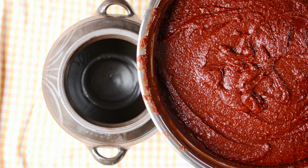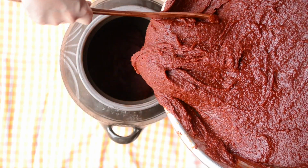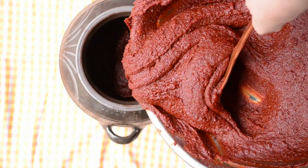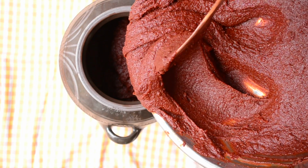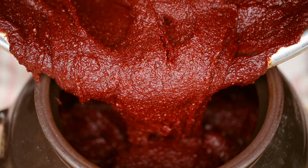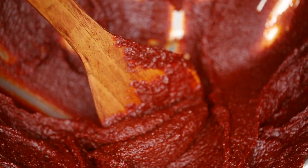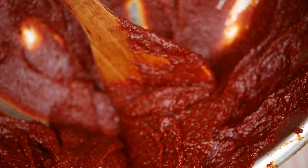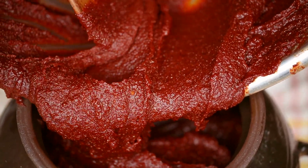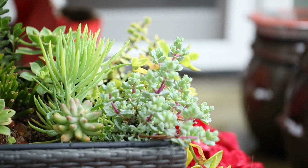And now finally pouring in this wonderful gochujang that we just made. We're going to pour it all in, all of it. And it's just a wonderful feeling to know that this will be ready in a few months. And you can share it with your family, your friends, and they will all just love you for it. So make sure you scrape everything in there,